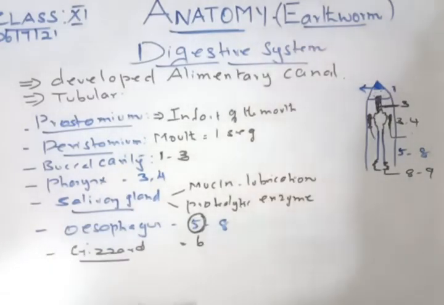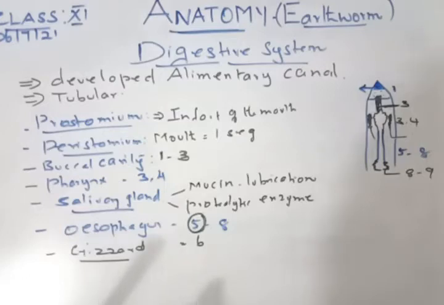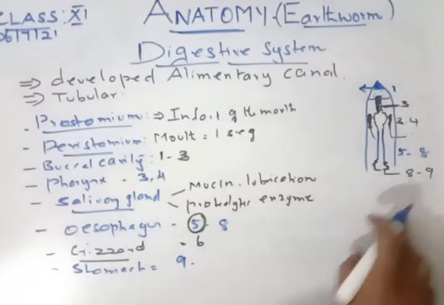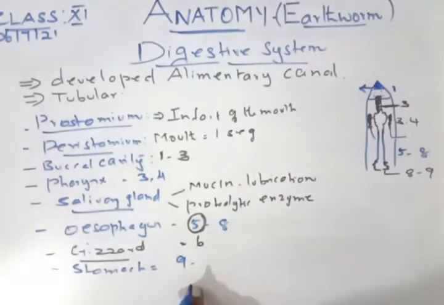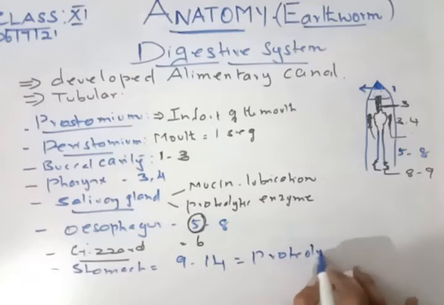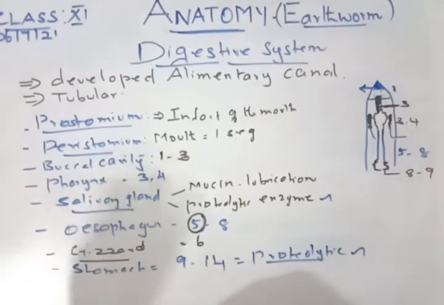We complete up to the 8th to 9th segment here, so the next part is the stomach. The stomach will be from the 9th to the 14th segment, after the gizzard. In the stomach we also have an enzyme called proteolytic enzyme for digestion. So there are two places where we have proteolytic enzyme: one is in the saliva, another is in the stomach. Clear? Right. But in our board syllabus we have the gizzard in 6, and the stomach part is not discussed,